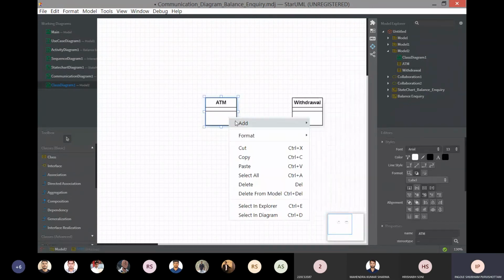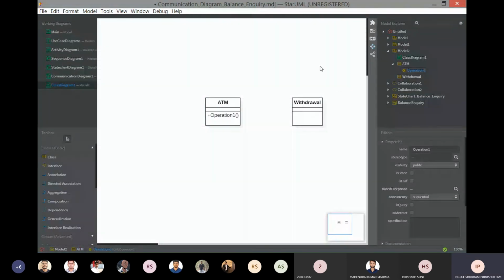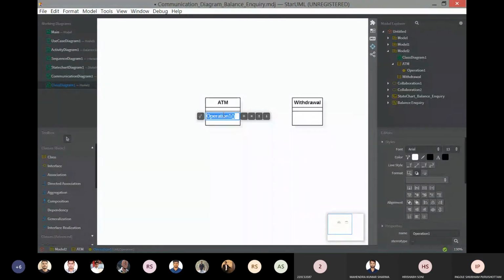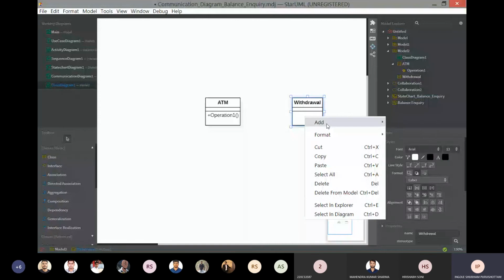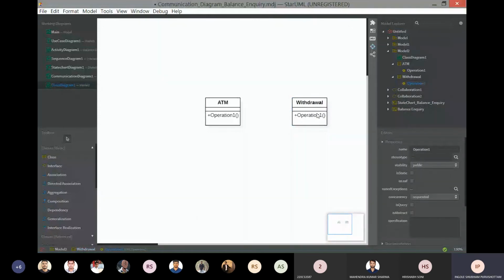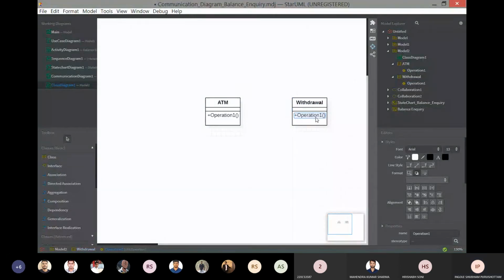Just right click, add, and add operation. The first operation is withdrawal. So I will right click, operation. Withdrawal, I will write as a method. Operation is methods.